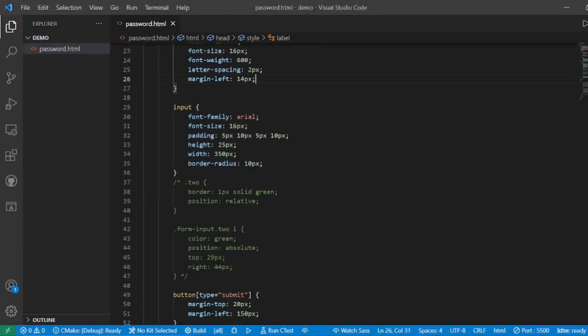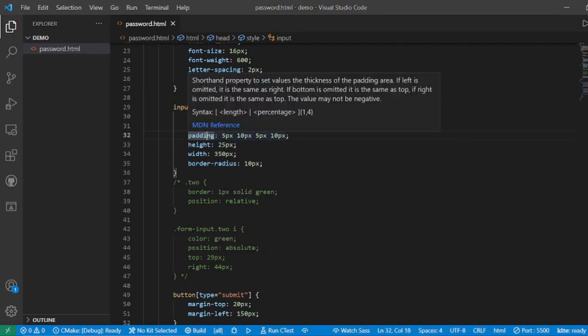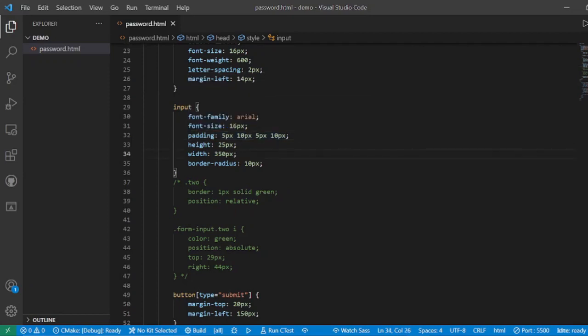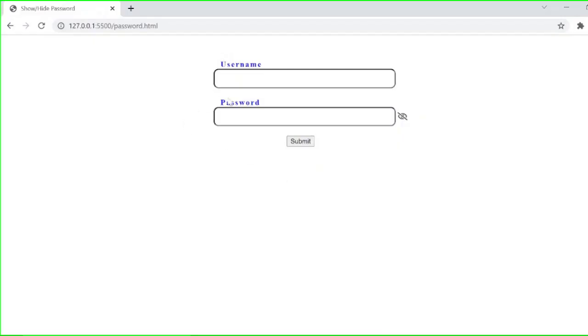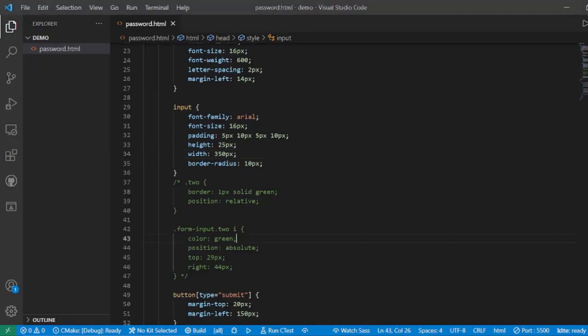And the input font family I have kept Arial, the font size is 16 pixel, and the padding inside the input would be 5 pixel on the top, 10 pixel on the right and left, and 5 pixel on the bottom, and height is 25 pixel, so that is why due to the padding the D appears in the middle. If I decrease the padding, the D would be closer to the box borders inside.